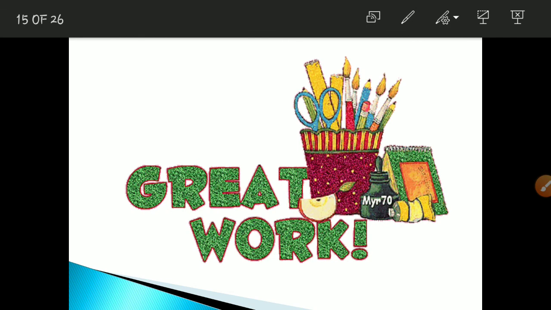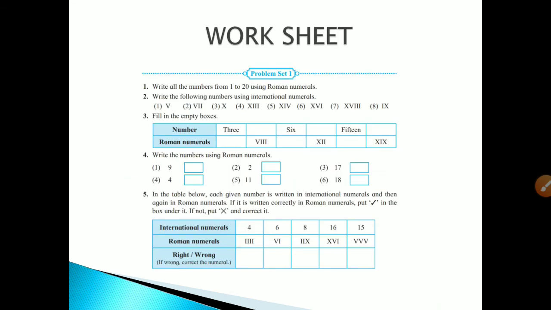Now, this is your worksheet problem set number 1 from your textbook. You need to complete this work in your notebook. Write all the numbers from 1 to 20 using Roman numerals. Write the numbers using international numerals. Now in question number 2,